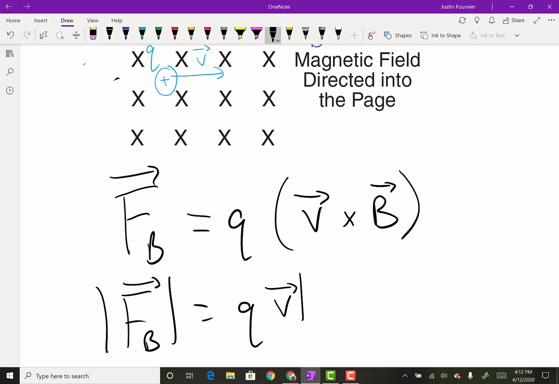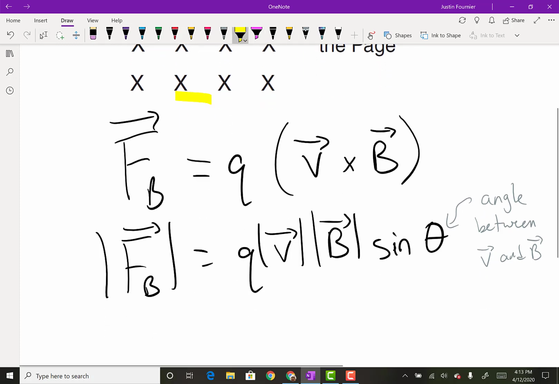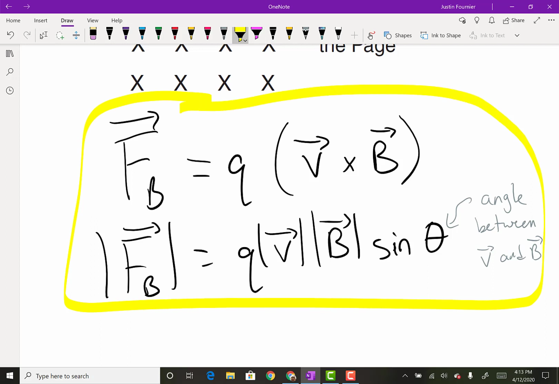So it's just the magnitude of the velocity times the magnitude of the magnetic field times sine of theta, where theta is the angle between the velocity vector and the magnetic field vector, which is exactly like we've done with cross products all the time before. Both of them are fine ways to calculate something. Another way you could get this expression yourself, just in case,